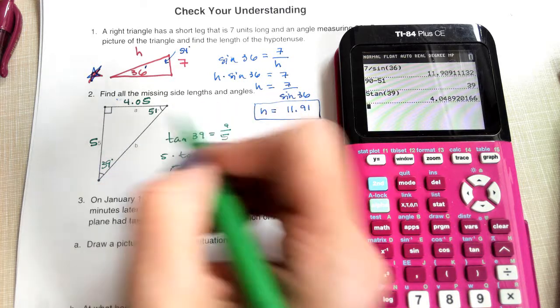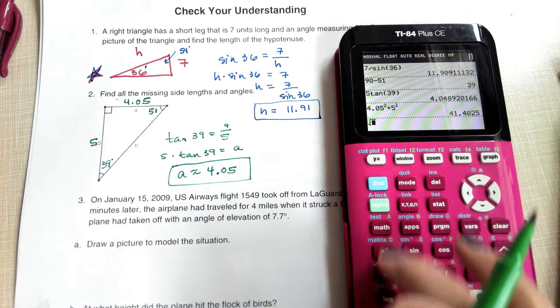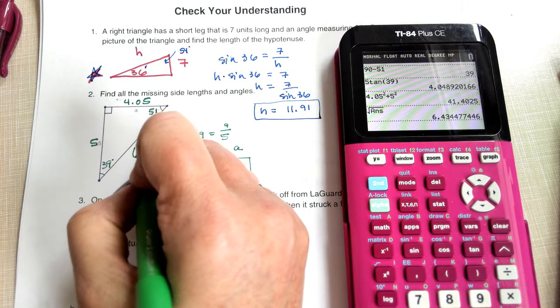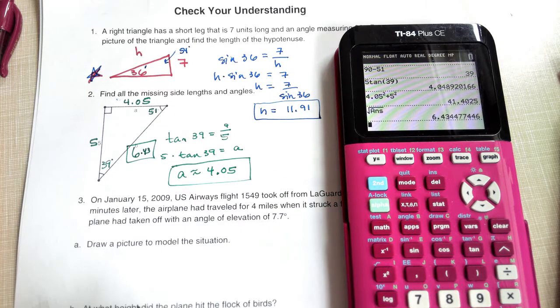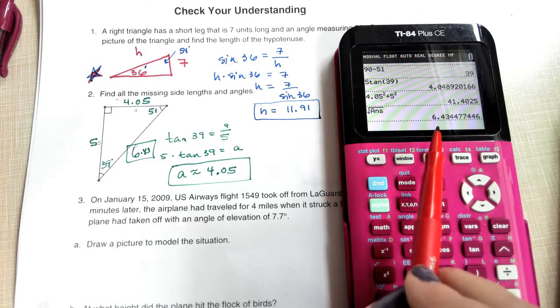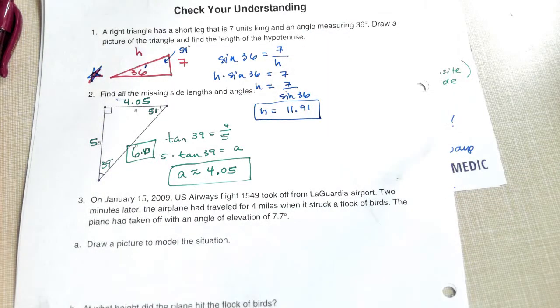So if you want to go ahead and use Pythagorean theorem, you can. That would be 4.05 squared plus 5 squared, then square root, to get that answer. Now, we want to get in the neighborhood of 6.43. All right, that was by Pythagorean theorem. What I do want you to recognize is that I used the rounded answer here, so it's going to be rounded in there. When you use trig, so let's say I'll use